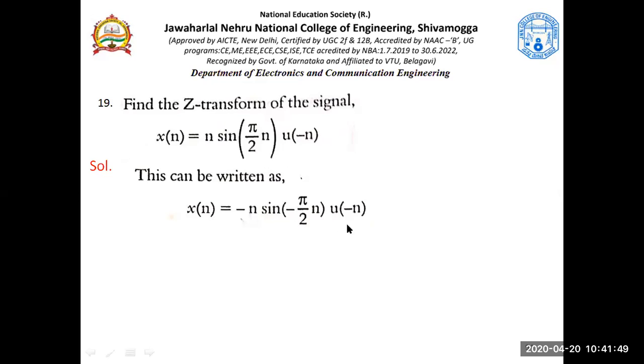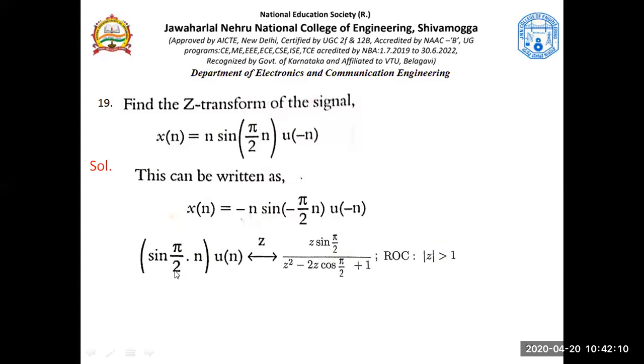But what was the intention of doing this? There is no minus here, there is a minus here. So we need to bring a minus, and to compensate that minus, we have a minus here. So this is the proper form that we need to move on with. Understand that? We know the standard signal, sine omega naught n u of n, but in place of omega naught, we have pi by 2. So the Z transform of this standard signal is, in place of omega naught, I've just put pi by 2. We have solved this in the class. What is the Z transform of sine omega naught n u of n by expressing sine omega naught